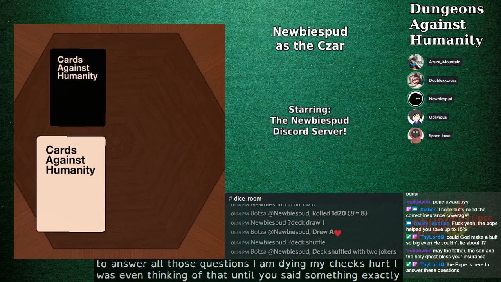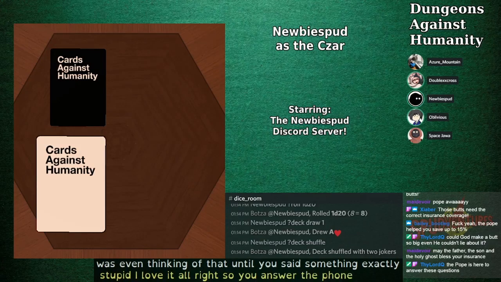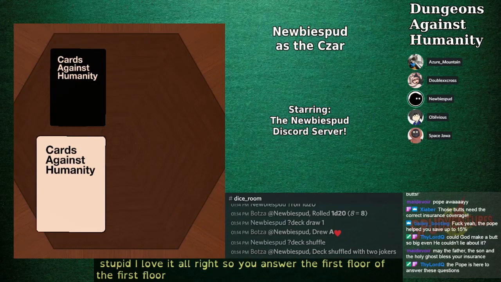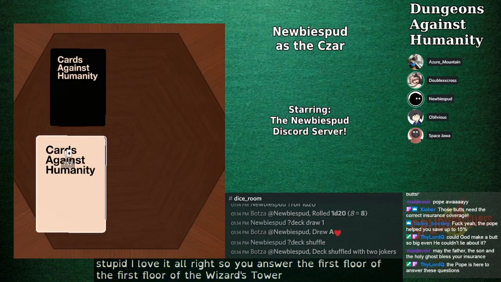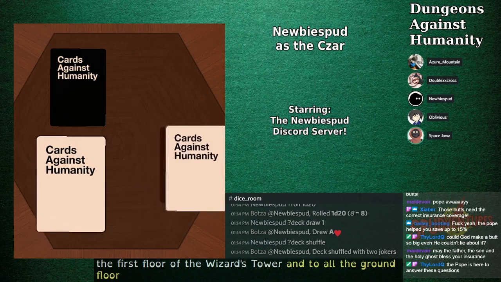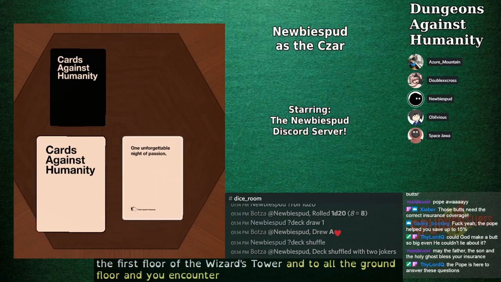Oh, this is stupid, and I love it. All right, so you enter the first floor of the wizard's tower. We first have an open door now. You enter the first floor of the wizard's tower. The ground floor or the... Ground floor. Okay. And you encounter